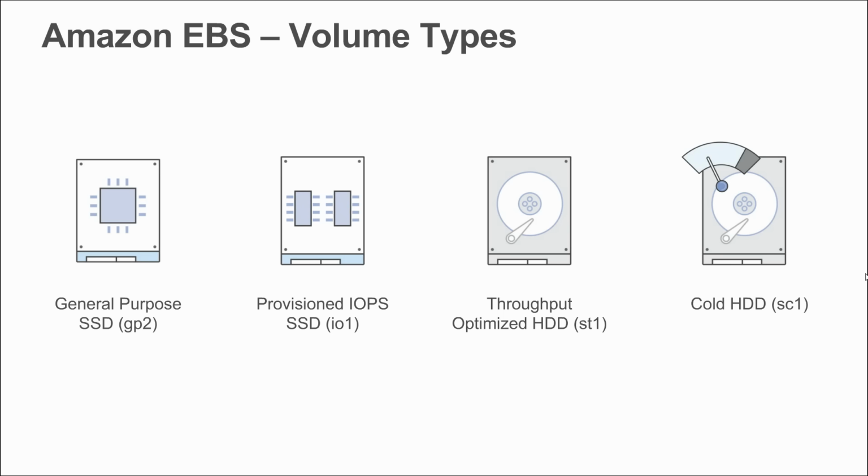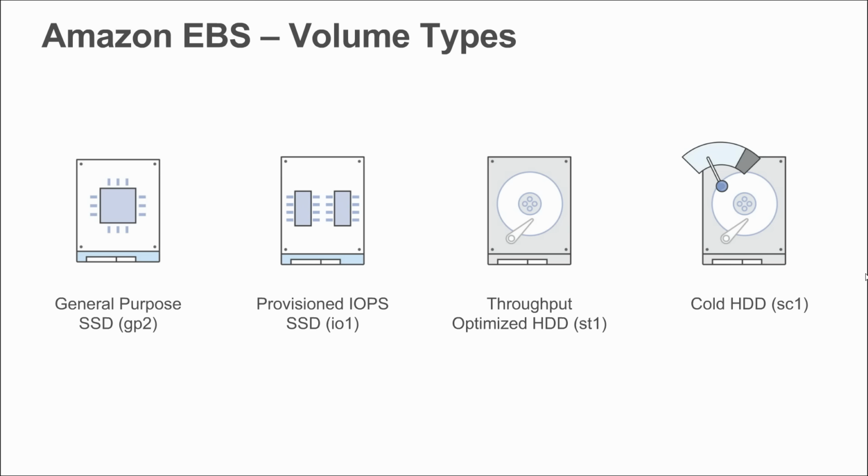So it's also a solid state disk, but it allows you to dial in exactly the amount of IOPS that you need for that disk drive. Provisioned IOPS is a lot more expensive than general purpose SSD, but sometimes it's a good fit for certain kinds of workloads. On the hard disk drive, the spinning disk or magnetic disk side of the equation here, we